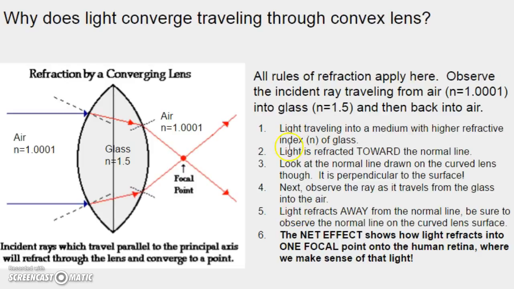And so make sure you read through here, 1 through 5, but the net effect shows how light refracts into one focal point onto the human retina, where we make sense of that light. In theory, we want that focal point to be right on our retina. And the retina then has